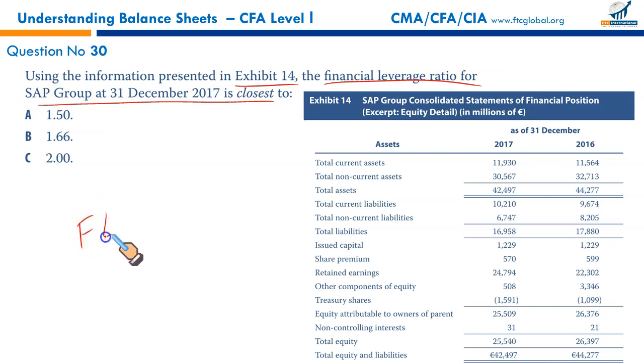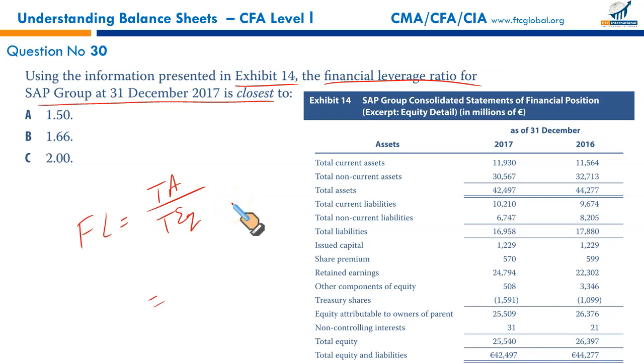Financial leverage is equal to total assets upon total equity. We'll discuss this in our ratio analysis in detail in a separate reading. We didn't discuss this formula in today's reading, but nonetheless, all these readings are to be done simultaneously. Things missing here and there will level out in the future. So, total assets upon total equity.